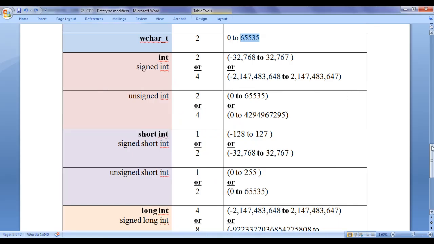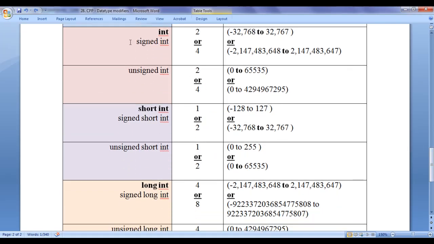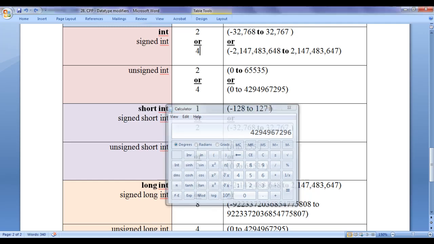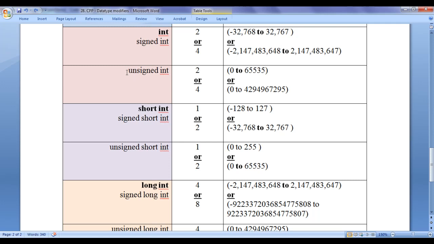Next we display the range of int, signed int and unsigned int type, guys. In my computer system, int, signed int and unsigned int are of 4 bytes. 4 bytes equal 32 bits. So 2 raised to the power of 32 is equal to 4,294,967,296 values we can store inside int, signed int and unsigned int type memories, guys.